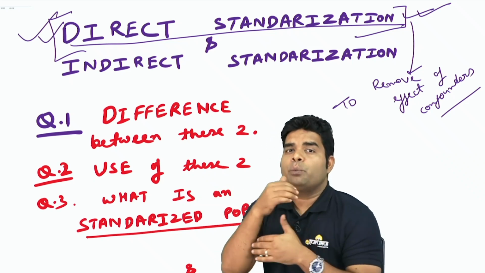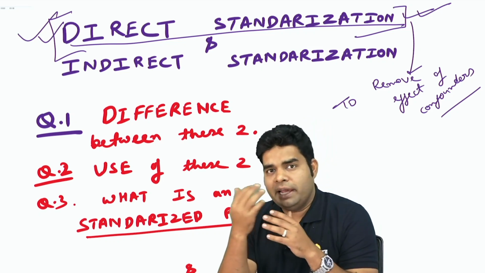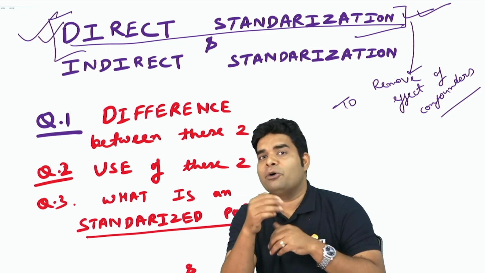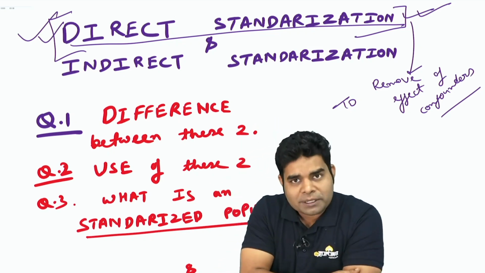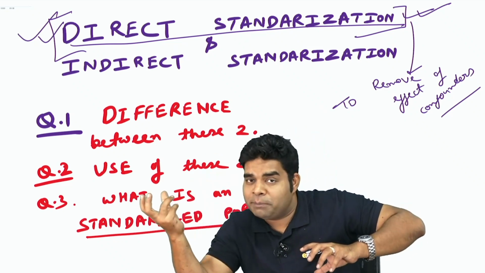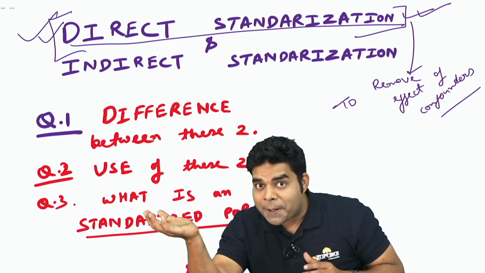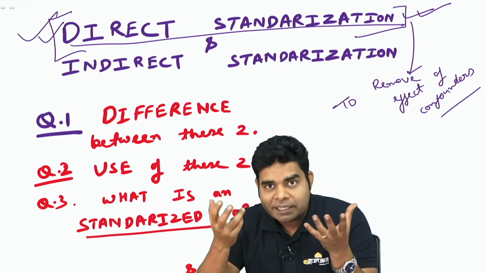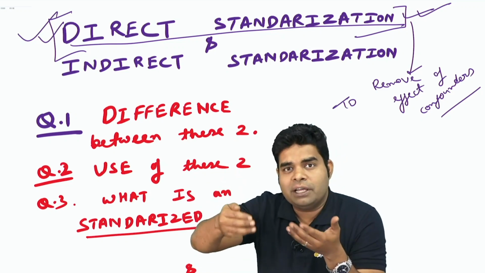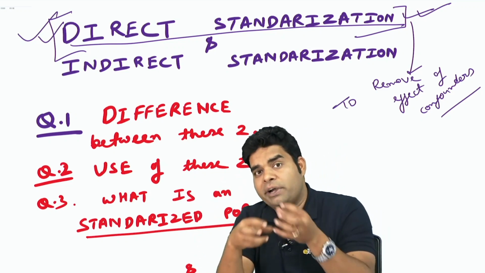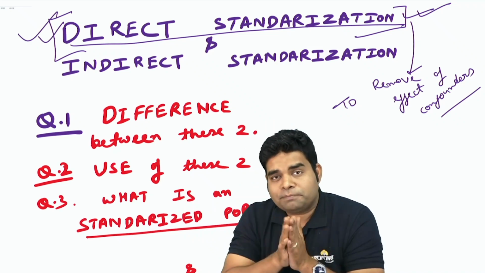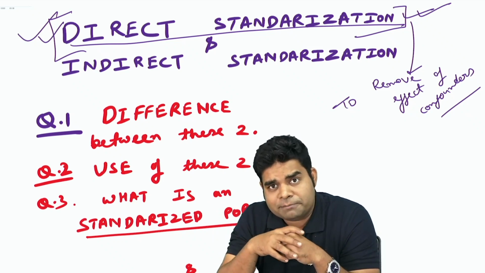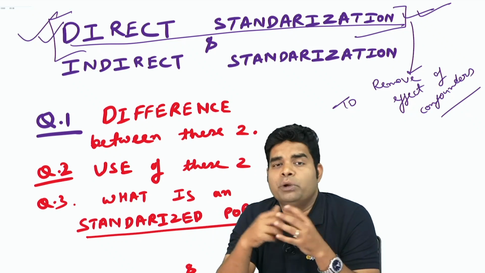Then why does Japan have a higher crude mortality rate, a higher death rate than India? Because in Japan, more than 26% of the population is 65 years or above. That means in Japan the old age population is more, so the death rate is more. So this old age group is a confounder, because the more old age population there is in a country, the more deaths it will cause, so the higher the death rate will be.